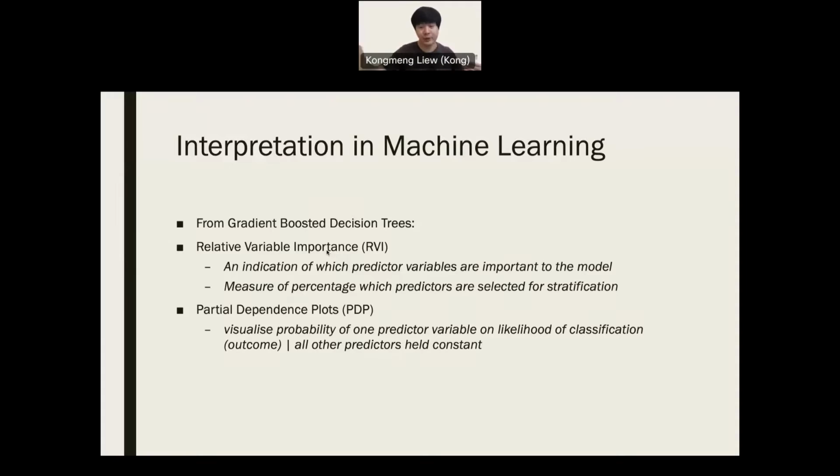So now if you keep doing it over time, we start to see certain regularities, like certain variables might tend to be picked a bit more by the model. And so really what variable importance does is that it looks at the number of times, like the overall percentage, that these predictive variables are selected for stratification. So now we have a list of which variables tended to be looked at by the model a bit more than other variables.